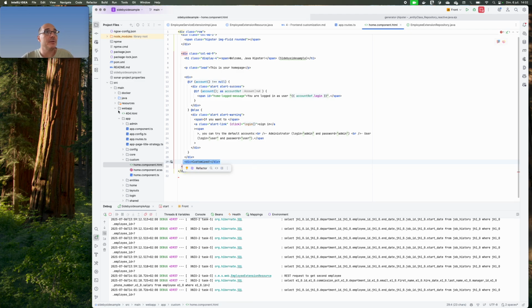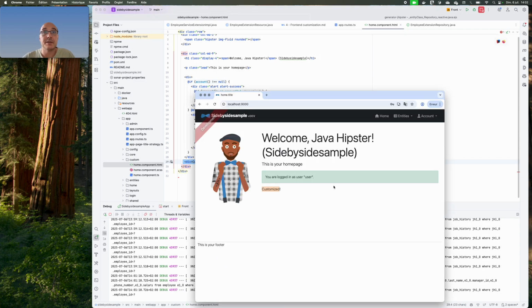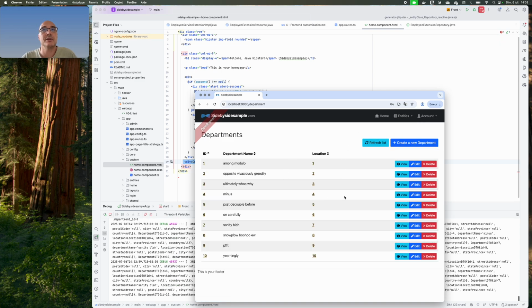Another thing that you can do is also to restrict the menus that are usually dedicated to admin to an admin profile. For sure, your user will kind of never use these forms.